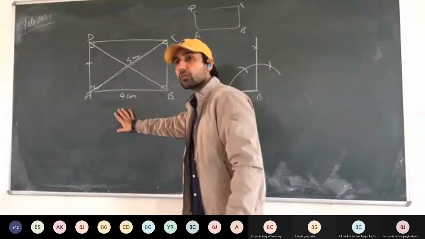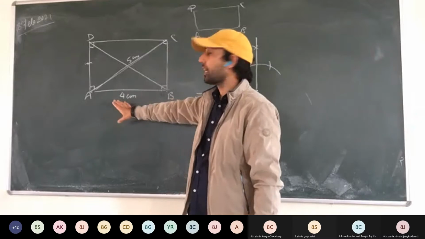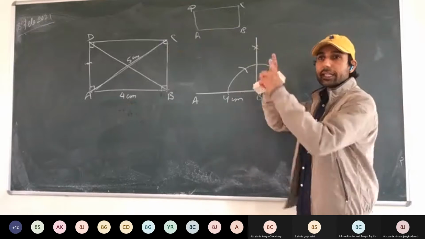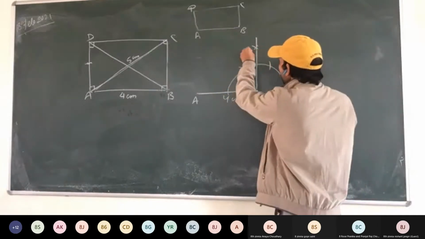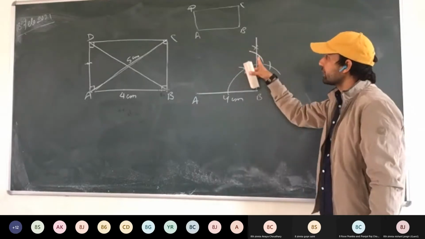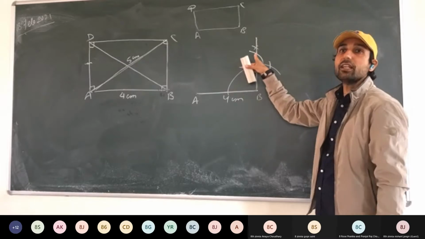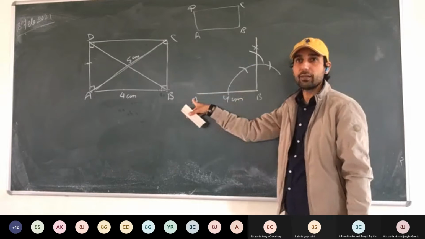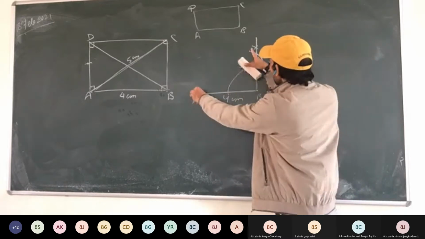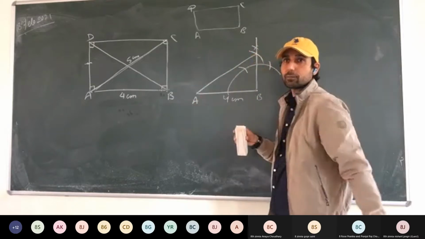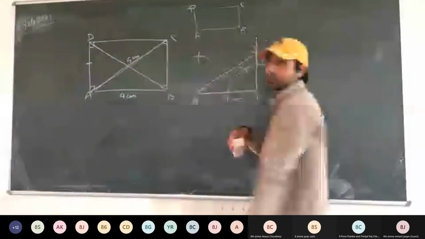See here, this is just an example I'm telling. Just for example, we are taking this figure 4 and 5. Now take an arc of 5 from A, cut this point. C will be lying on this line perpendicular to AB, and the vertex C has to be how far from A? 5 centimeters. So from A, cut an arc. We got the AC. Similarly, AB, take from this point, take this length and from A, cut an arc.